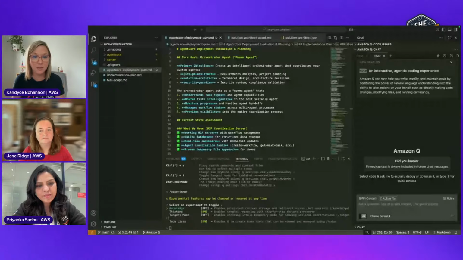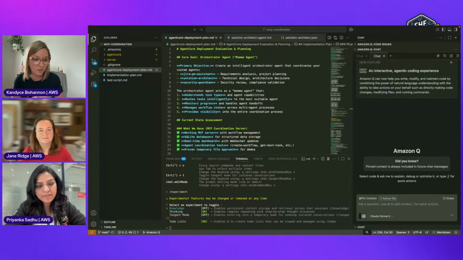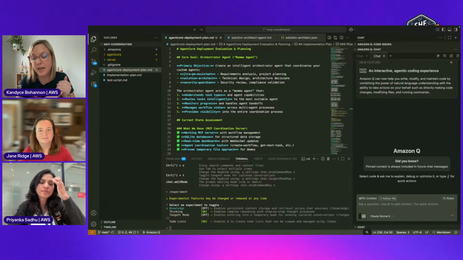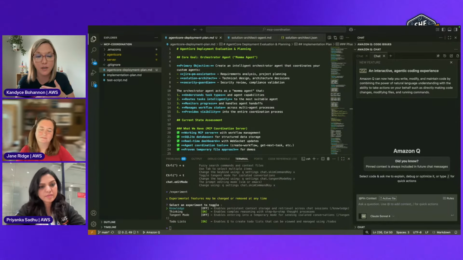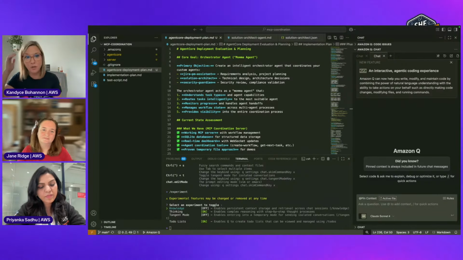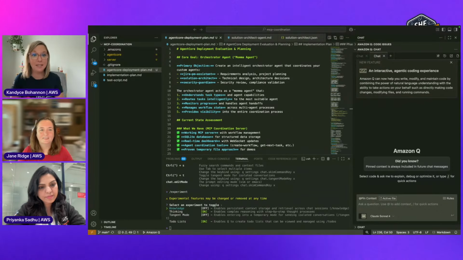Actually, before we get going, what I'm going to show you today is some of the newer things that I'm really excited about in QDev. I am also going to link to a previous episode where I did a session with Tamara, one of our other hosts, and I had a Java backend and I used Q to create a front end. So that's more of an intro type of thing to QDev. What I want to show you is a thing that I'm actively working on and some of the new features and some of my favorite things.